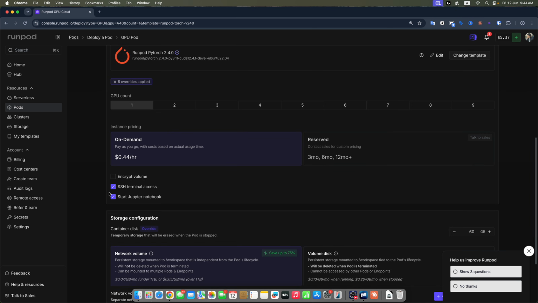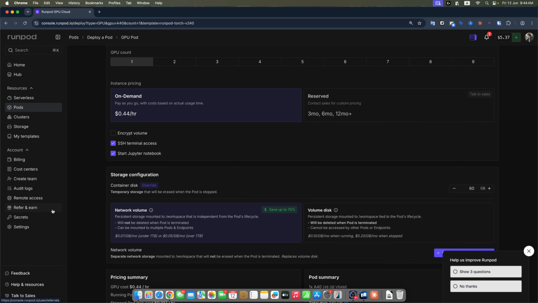If you want to use SSH terminal access, then make sure to keep this checkbox selected. But if you want to use a password, then you just uncheck it, and then you will likely receive an email with the password to access the VPS from my computer. If you didn't add your SSH key from your computer, you just need to go to the settings from the left sidebar.